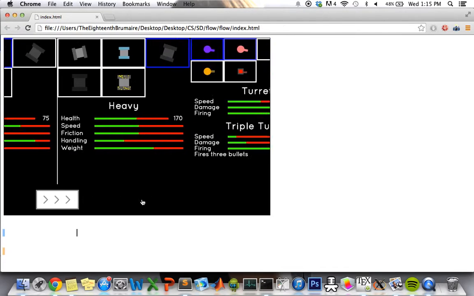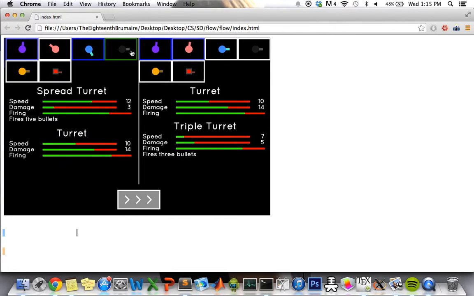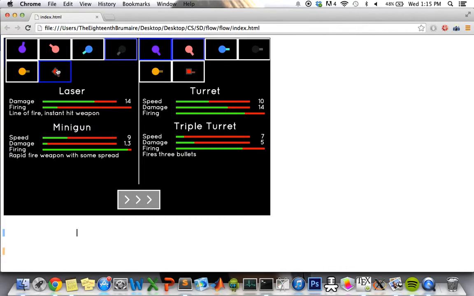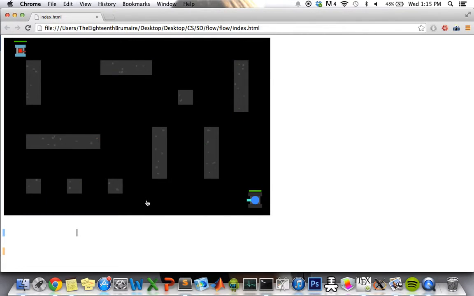So I'm going to select these 2 tanks, hit enter, and then select 2 of the 6 weapons here. I'm going to choose the minigun and the laser for my tank on the left, and a turret and a spread turret for my tank on the right, and then we're going to press enter. So as you can see, there's no fluid field in this map,